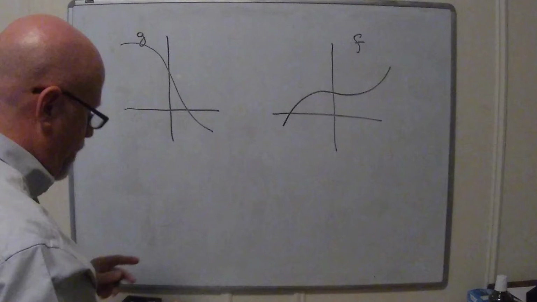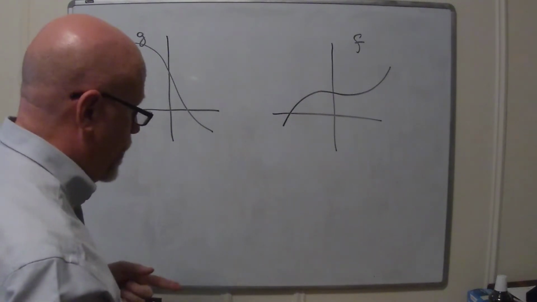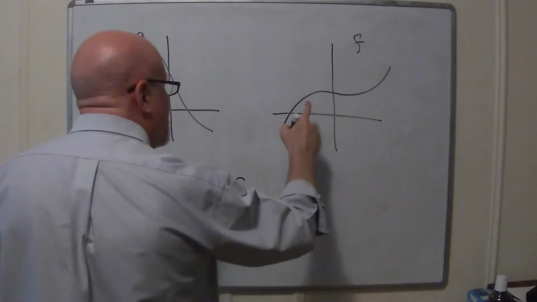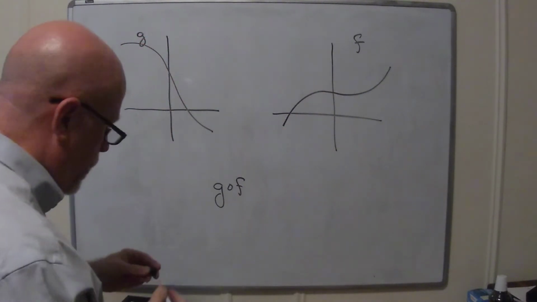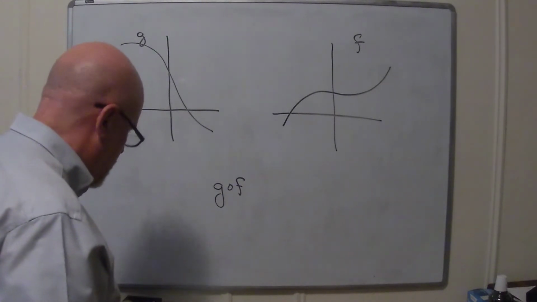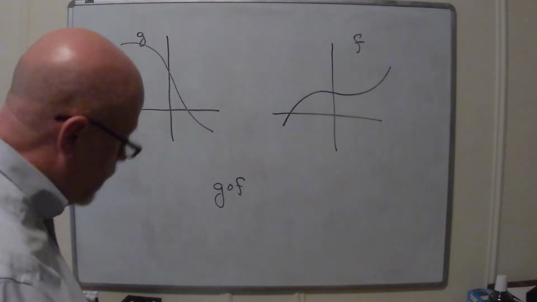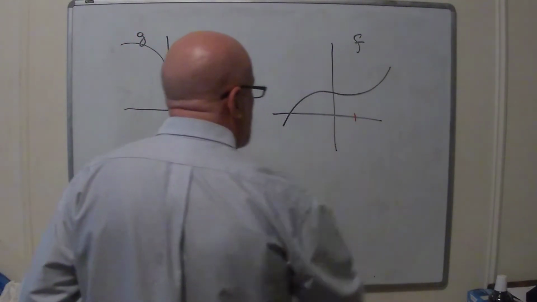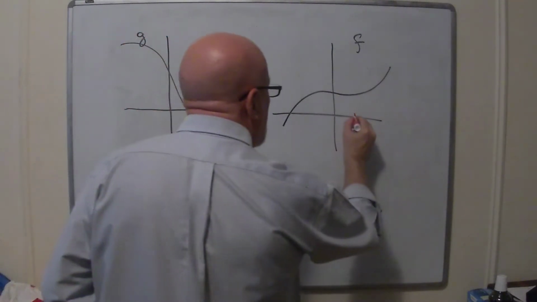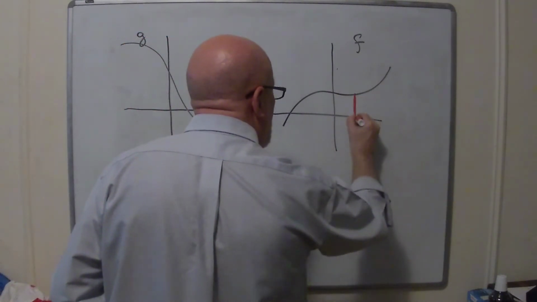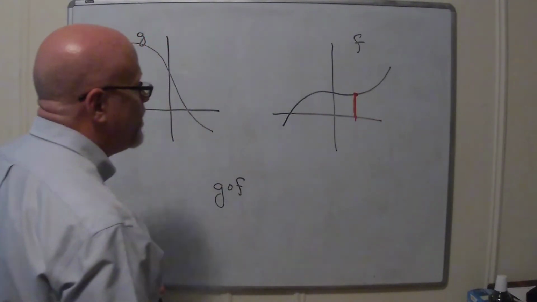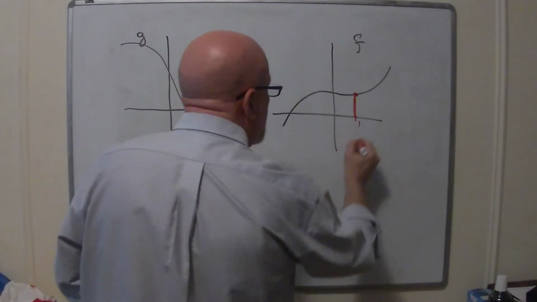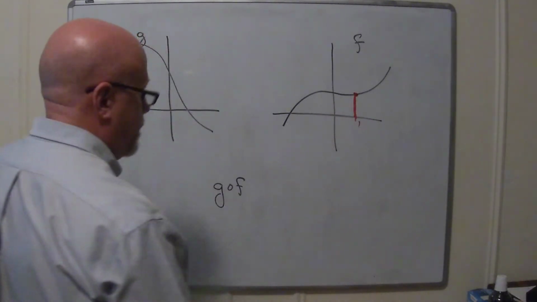Now, what I have to do to figure out g of f is best done on top of the graph where f is. So what do I do? I take a particular input. You have to do this by plotting a whole bunch of input values, but suppose that's the input I'm interested in. Well, what is this y coordinate, or this length I'm just shading in there? It's what f does to that input. If this value was 1, it looks like that y value is maybe 1.5.